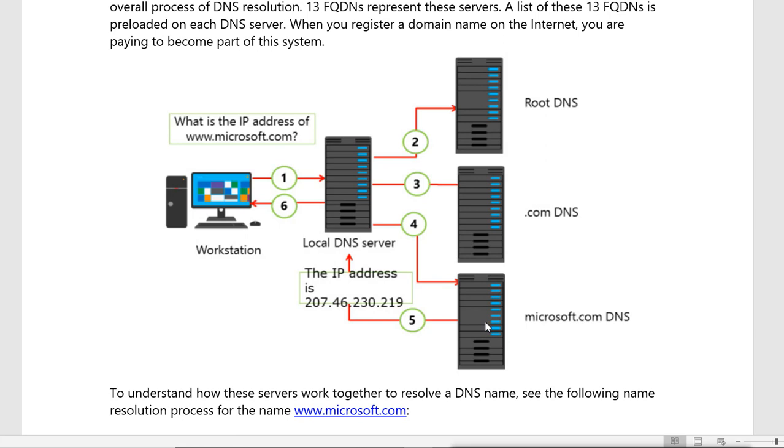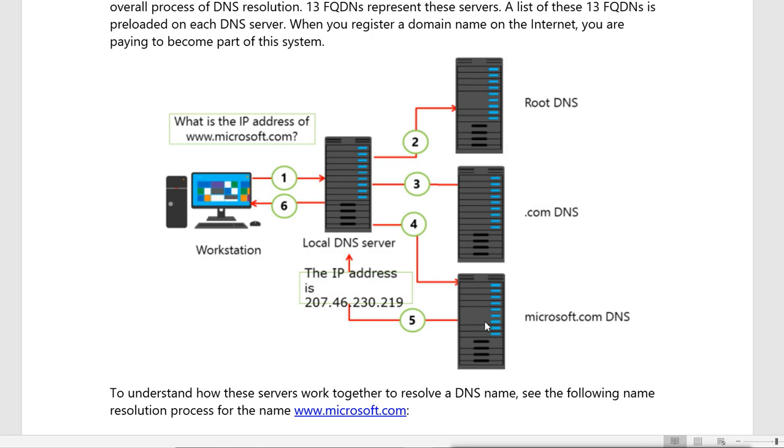So what will it do? It will check the name again. It is the normal server, so it will check the name again. And now it will say, what is the domain name? Microsoft.com. And what zone domain name do I have? This domain zone file has the Microsoft.com zone. So this DNS server says, okay, I am the authorized DNS server and only I can answer and nobody else can answer.